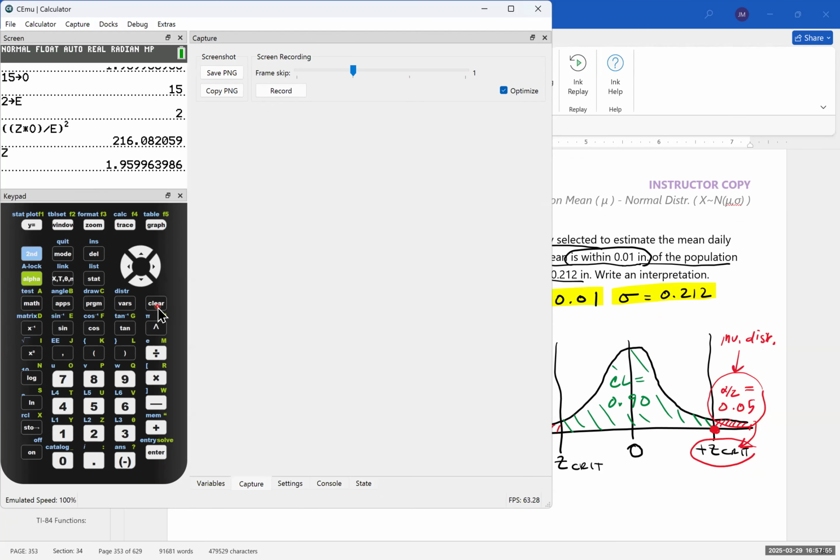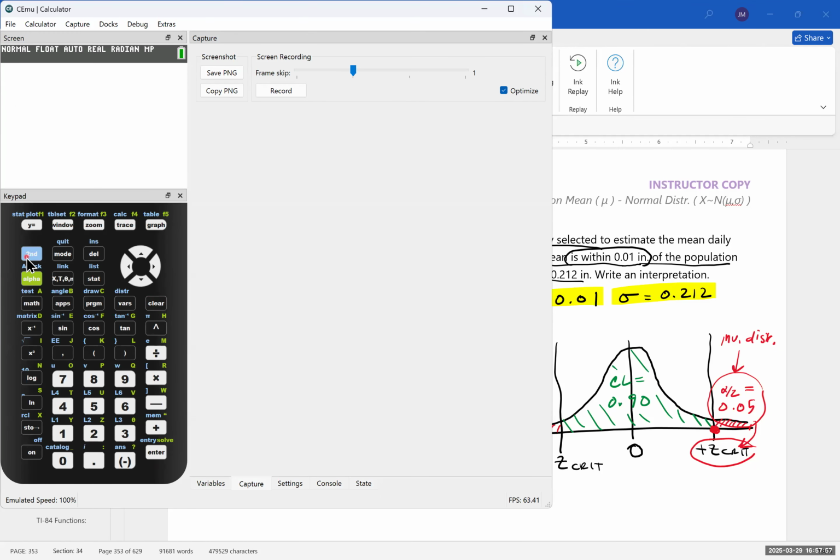Okay, let me clear this to get rid of all that stuff. Yep, so distribution functions, inverse norm, 0.05, mean of 0, standard deviation of 1. I'm going to use the area on the right because then that'll give me a positive z-score that I want to use anyway. So I'll hit paste